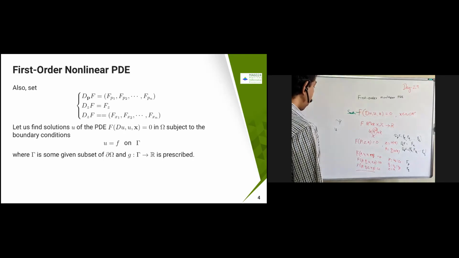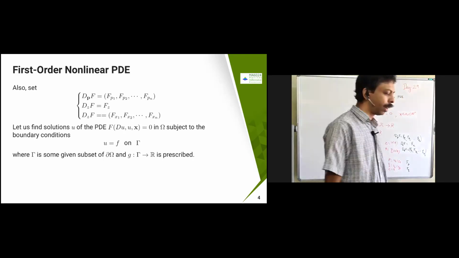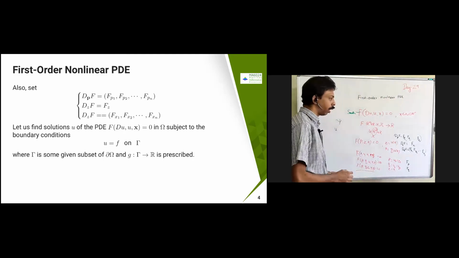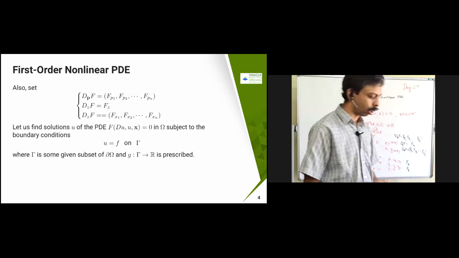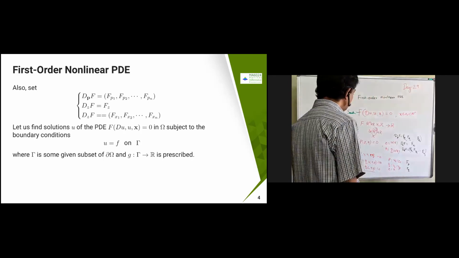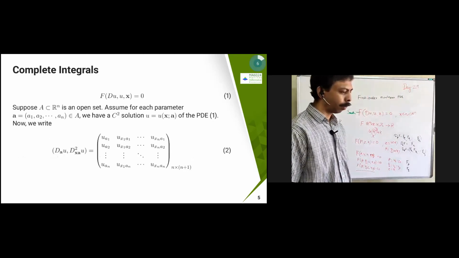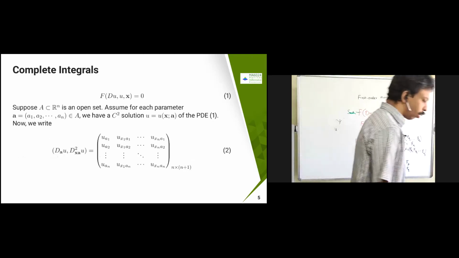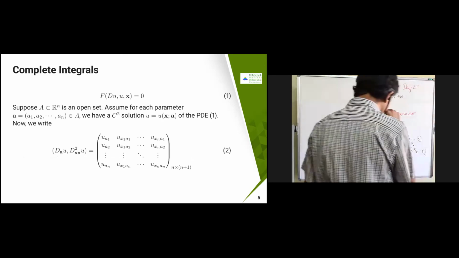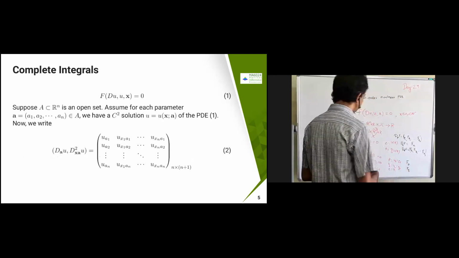Sometimes you may have some boundary conditions that also should be satisfied. Then you can find the complete solution or partial solution or particular solution, and many things are there. So now we are going to see a definition, what is called the complete integral. Once we come to Charpit's method, probably you will understand the geometrical interpretation.